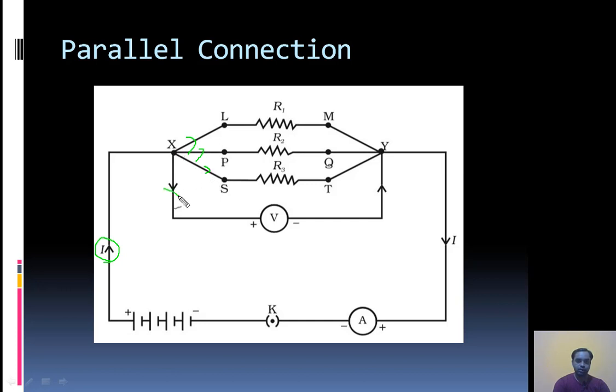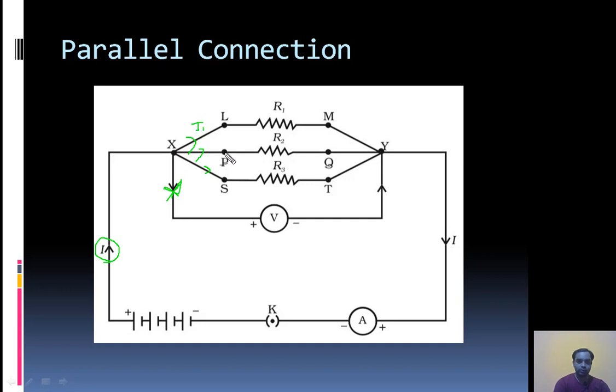Here we do not consider this one because this is a voltmeter. The job of the voltmeter is to measure potential difference. Here we will not consider this one in terms of current. So there are three resistors. Through three resistors, the current I will divide. Suppose in the first line,